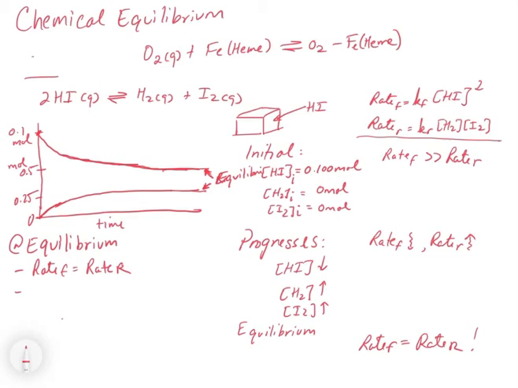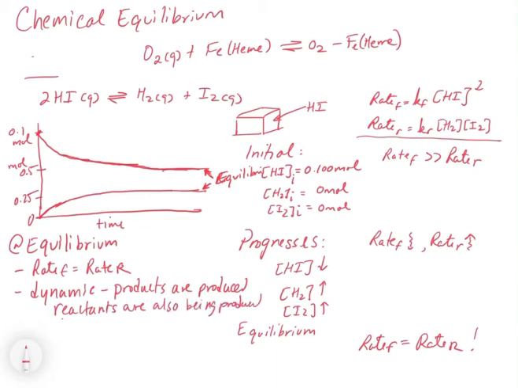What's actually happening at equilibrium is that it's a dynamic process. And by dynamic, what that means is that products are being produced, and then they're also going in the back direction, and so reactants are also being produced. And what's special about this is when you reach equilibrium, since the rate of the forward and the rate of the reverse are the same,